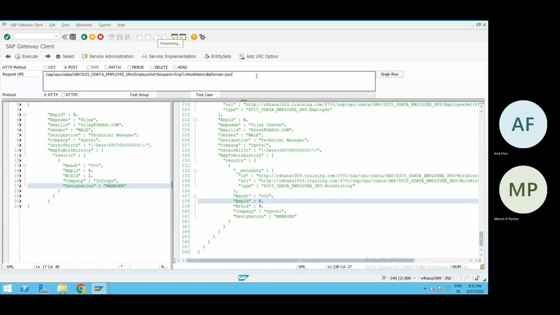Now in this case, you don't need to pass any expand and all. You can directly go to the employee set. In the URL, employee set is sufficient because in this employee set, you already have that navigation property, employee to work history. If you are going to pass details to this employee to work history, automatically the method will know, the SAP will know that now we need to save the details of